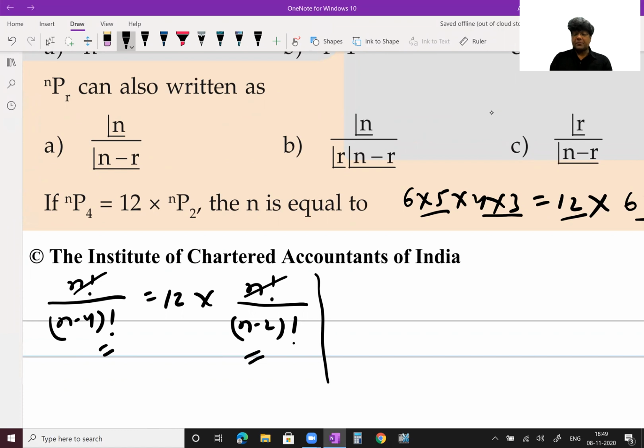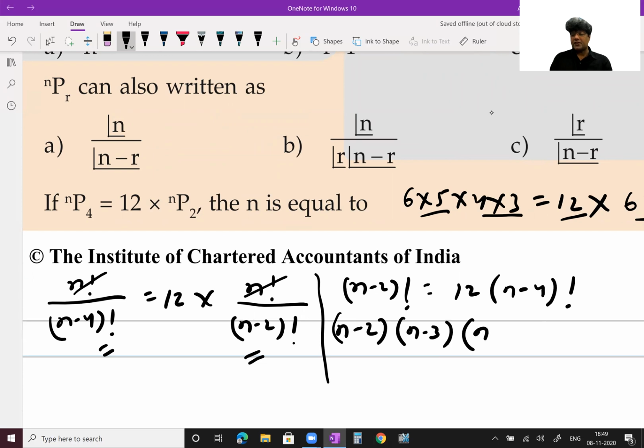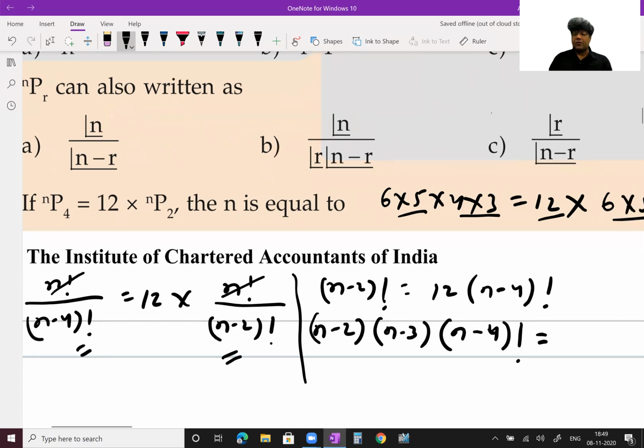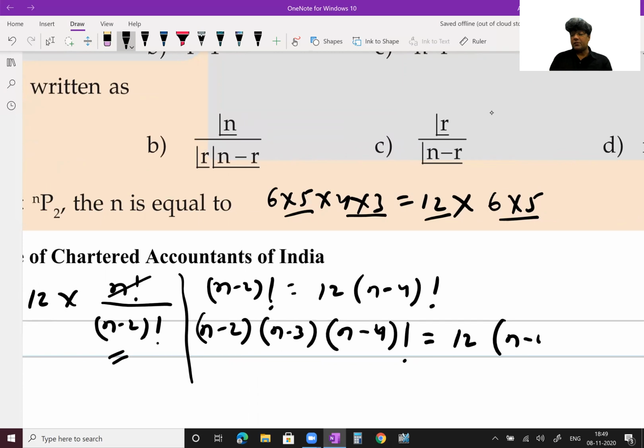So if we cross multiply, here we will get n minus 2 factorial is equal to 12 into n minus 4 factorial. n minus 2 factorial, if you expand, n minus 2 into 1 lesser than this, n minus 3 into 1 lesser than this, n minus 4, we will give a factorial notation and stop it according to the way I have taught you. So 12 into n minus 4 factorial, these two will be cancelled. Now, if you multiply these two, it will be n square minus 5n plus 6. This 12 will come this side, minus 12. So it will be n square minus 5n minus 6 is equal to 0.